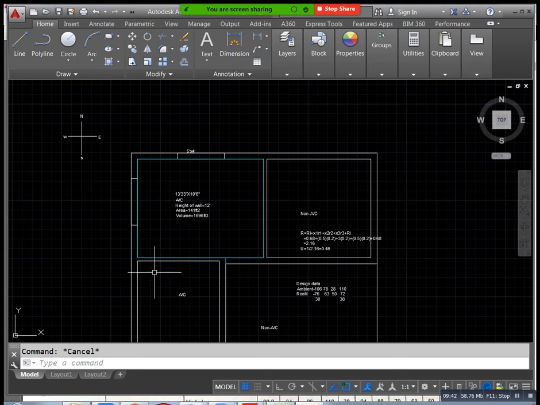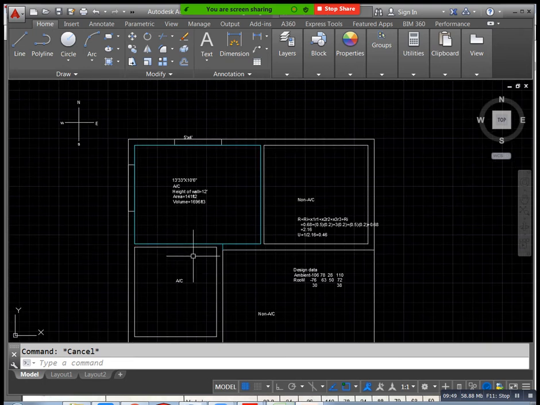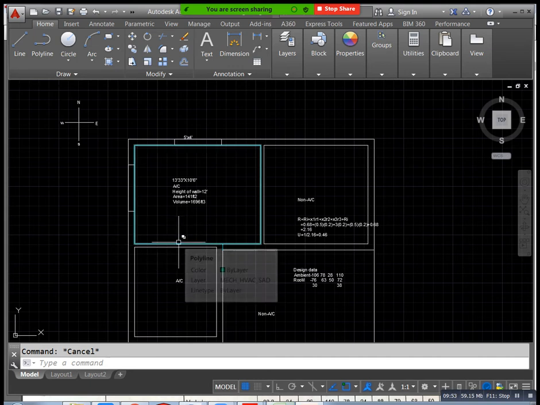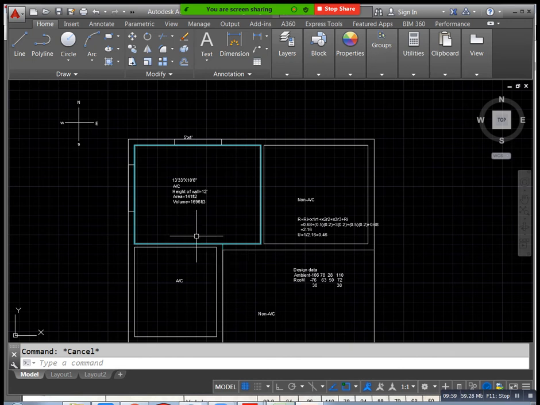That wall we don't need to calculate directly. You can consider it 0. You can avoid that. If you have one AC room and one non-AC room, in that condition you can prefer and calculate it as a partition. A wall directly exposed to the sun, that part you consider as a wall. These 3 points you need to remember.